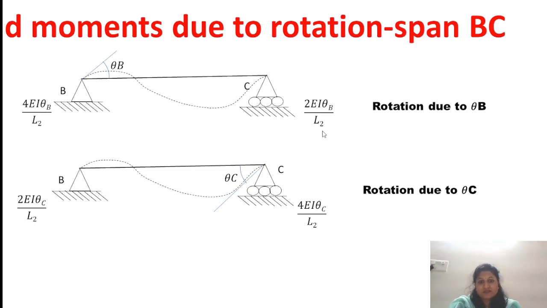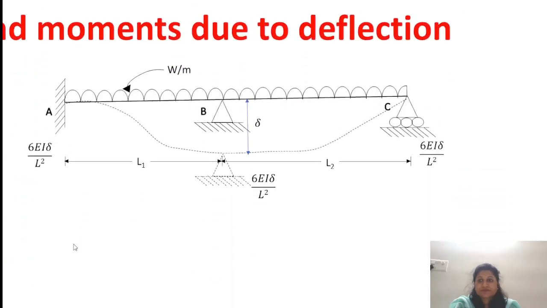Similarly, for the rotation due to theta C, it means that we are releasing the joint C and the joint B is fixed. Therefore, the rotation due to theta C gives 4EI theta C upon L2, and at B, which is half of that, 2EI theta C upon L2. Okay. Now, when we consider the rotation due to the moments,